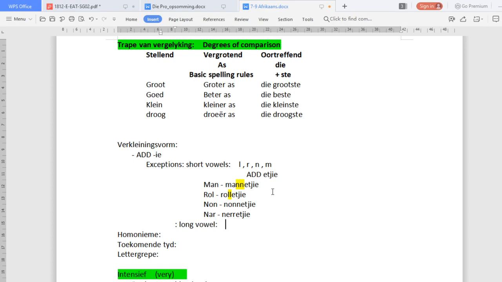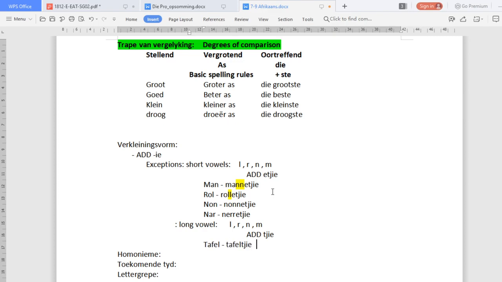Okay, so it's the same letters. It's L, R, N, and M. Alright, so let's see. Now we're going to add TJIE. So let's start with tafel. Tafeltjie. If it sounds like a key, then it's not a K, it's a TJ. Okay. Tafel, venster, so it ends with an R. So if I say venstertjie,